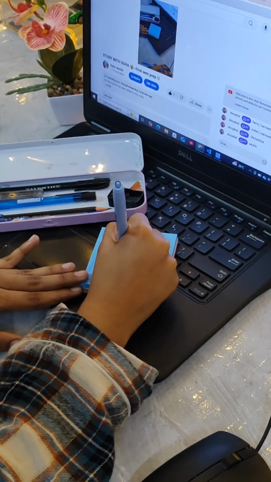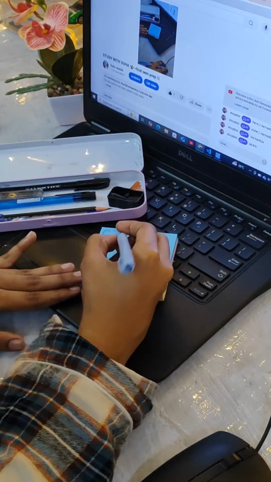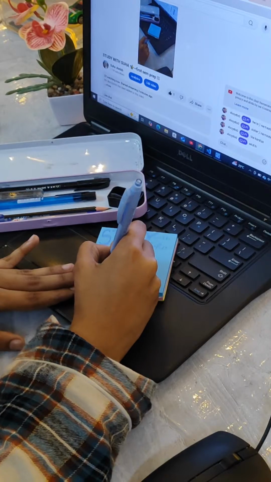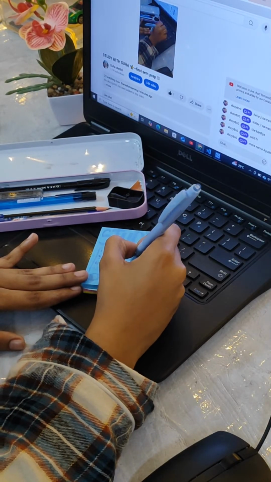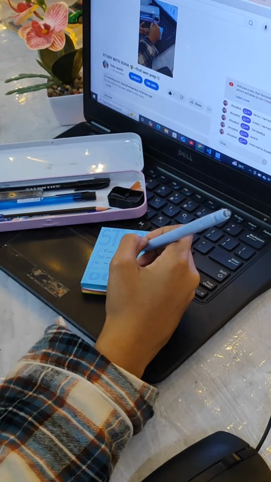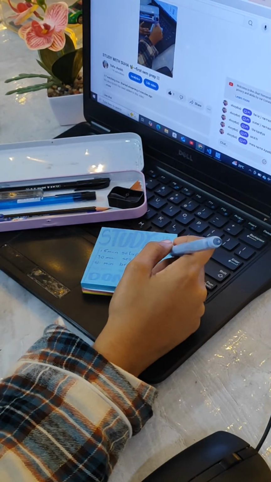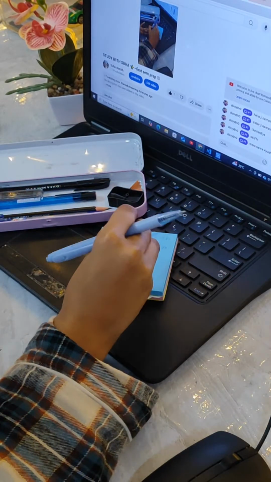So we have, I am going to be studying using Pomodoro. If you have no idea what Pomodoro is, it is basically a technique of studying. मतलब उसमें ऐसा रहता है कि अगर आप 30 मिनट पढ़ रहे हो तो आप 10 मिनट का ब्रेक लोगे, फिर वापस 30 मिनट पढ़ोगे, तो वो एक तरीका है.